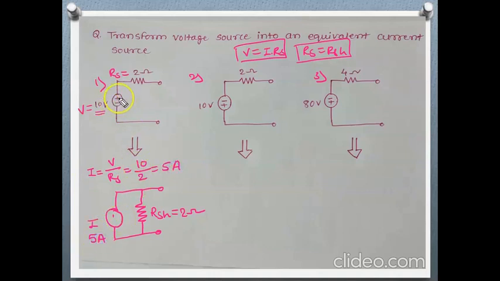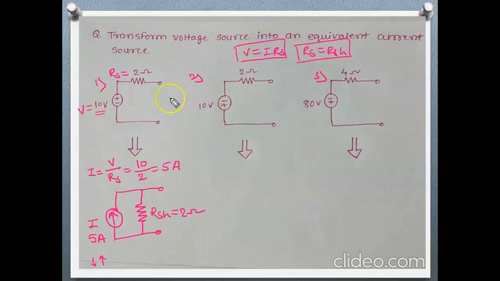And always the current source is indicated by an arrow. Either it is upward or downward direction, and the direction of this depends upon the voltage source. Always it is positive and negative, so current direction will be what? From positive, so direction will be in this direction. Always this arrowhead shows the positive. Remember that always this arrow must show the positive, and this is the equivalent current source for this given voltage source.